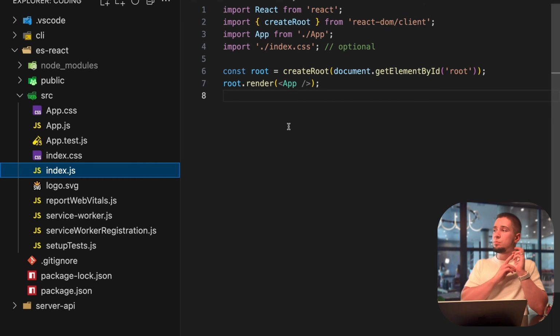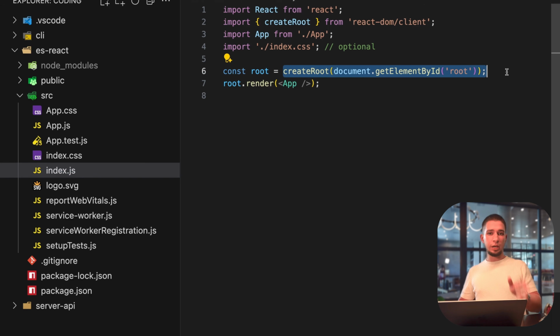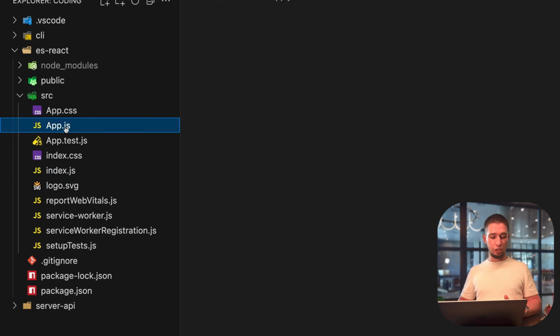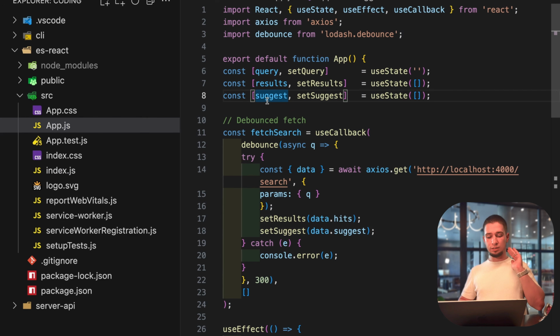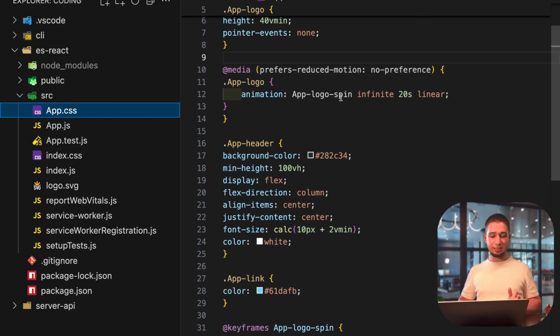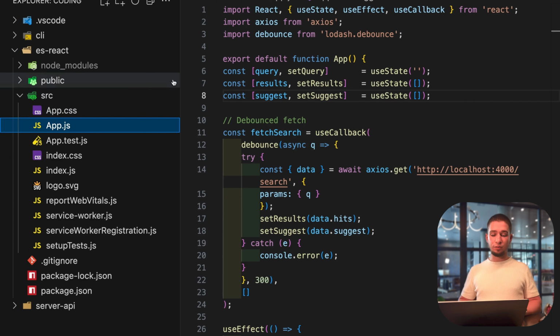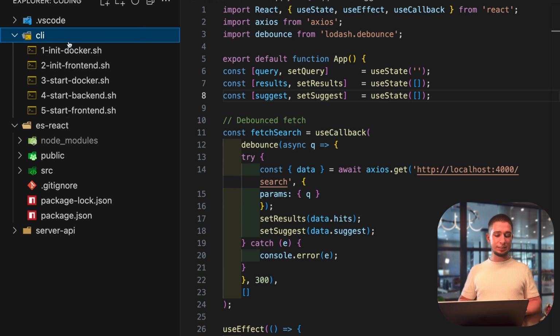It can import web vitals, some other stuff that you don't need. So here you can use just your create root and import your application from here. It is basic, stable one, nothing hard here. And also you can change, if you want, your app CSS design, so you'll have a different design to work with that. And before we check our app.js, let's start our backend.